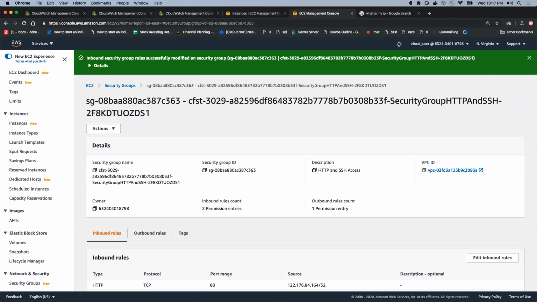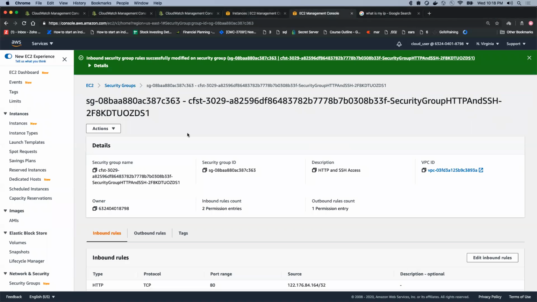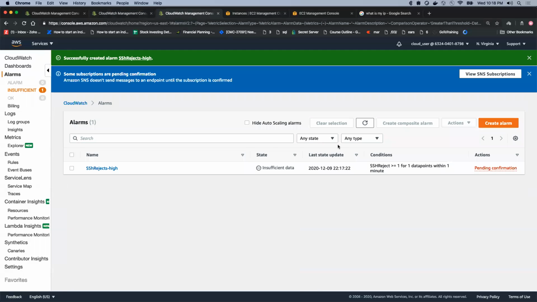What I can simply do now is go ahead and create some traffic on this one. So I can simply do SSH, and it asks for the password. Let's give the wrong password. All right, so this should have created the traffic. And if I go back in CloudWatch and click on refresh, this should update the